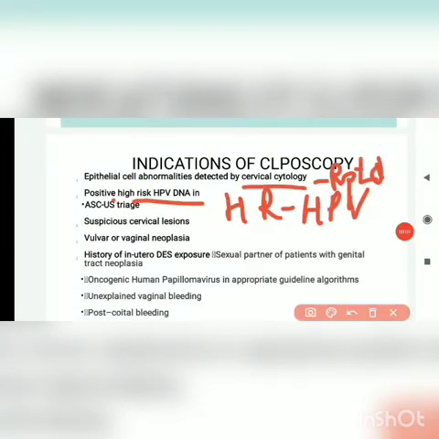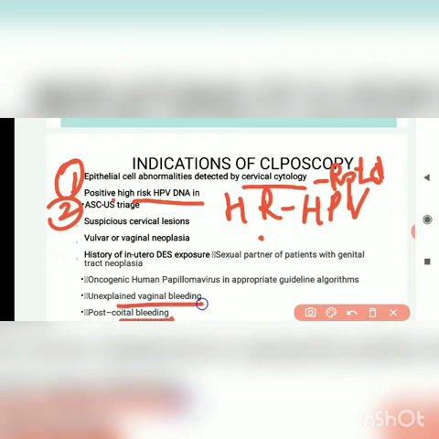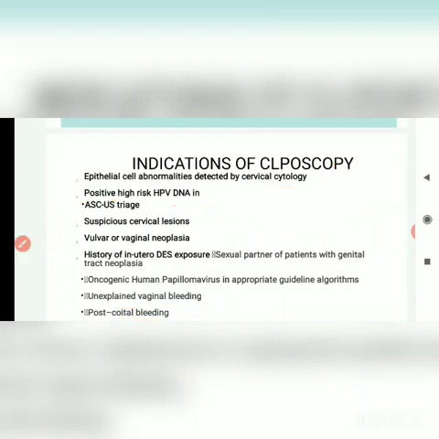So what are the main indications for colposcopy? The main one is repeated abnormal cervical cytology, that is, repeated abnormal pap smear, number one. Second is positive and persistent high risk HPV DNA. Then, if the cytology is normal but there is gross abnormality in the cervix on per speculum examination, we can see that the cervix is not normal but the cytology is normal. And in case of postcoital bleeding or any unexplained vaginal bleeding we can do colposcopy.